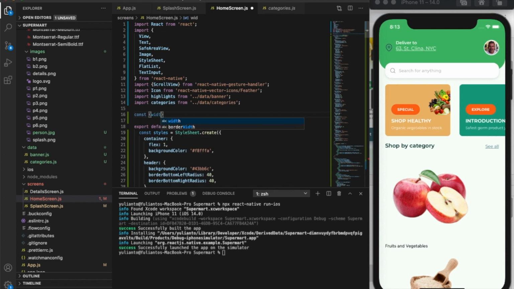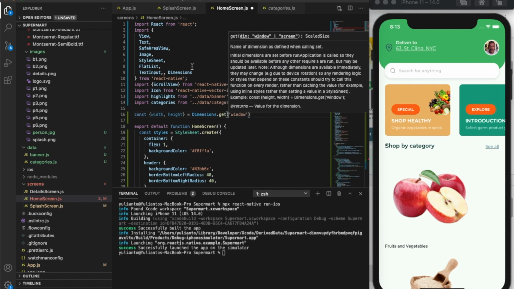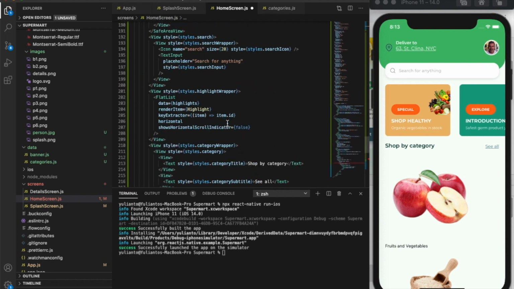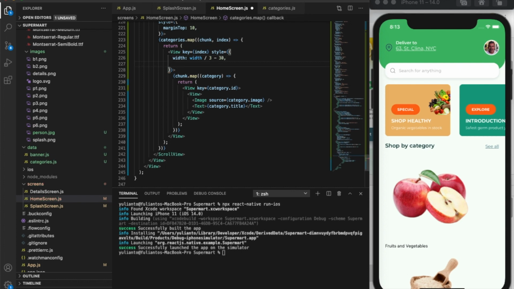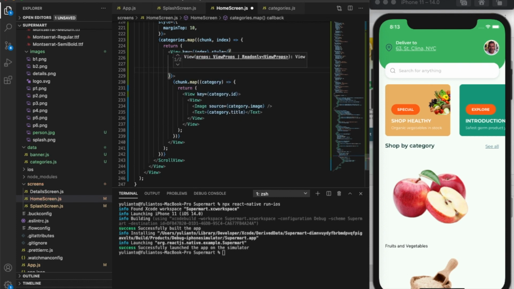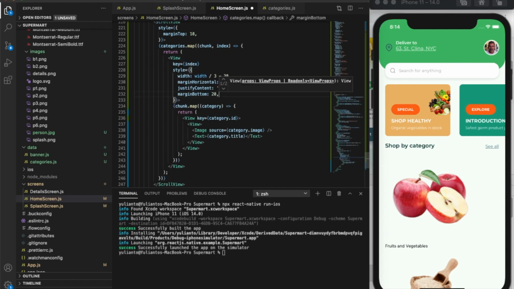So width is equal to Dimensions get window width, and the width is width divided by two minus 30, and margin horizontal would be 10, and justify content would be center. I'm adding margin bottom 20. Okay,